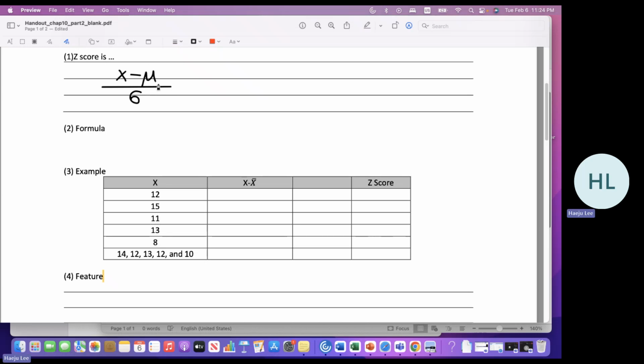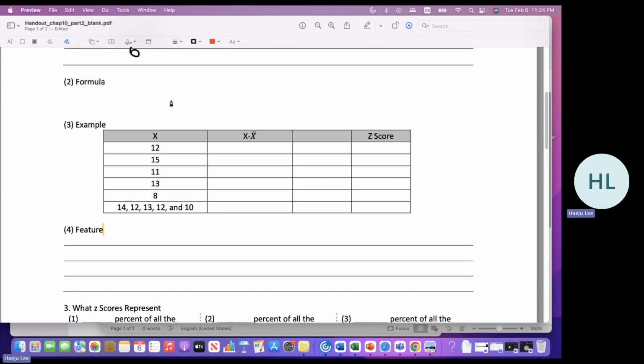It can be the sample mean or population mean. This is the population standard deviation, but it can be the sample standard deviation in this case. So using this formula, we can change the raw numbers into the Z scores. So let's